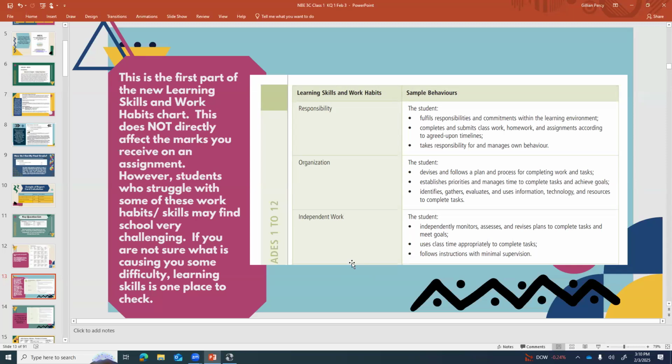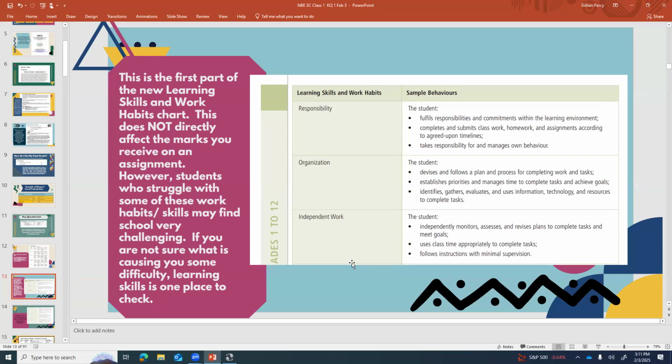Organization. This is the other big one I find. You need to develop and follow a plan because you can organize your time, right? But you can also organize your work and you can organize the tasks. Like I can go, okay, well, this is a big assignment, so I'm going to break it down into 5 little pieces. And I'm going to try and give myself 2 days to finish the first piece. Then I'm going to take a break, and then I'm going to spend the next 2 days finishing the second piece. And you get it all planned out, okay?